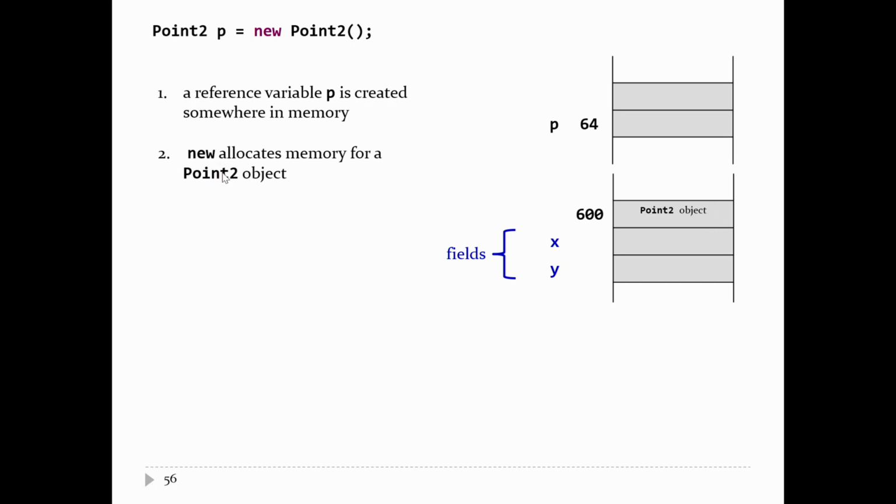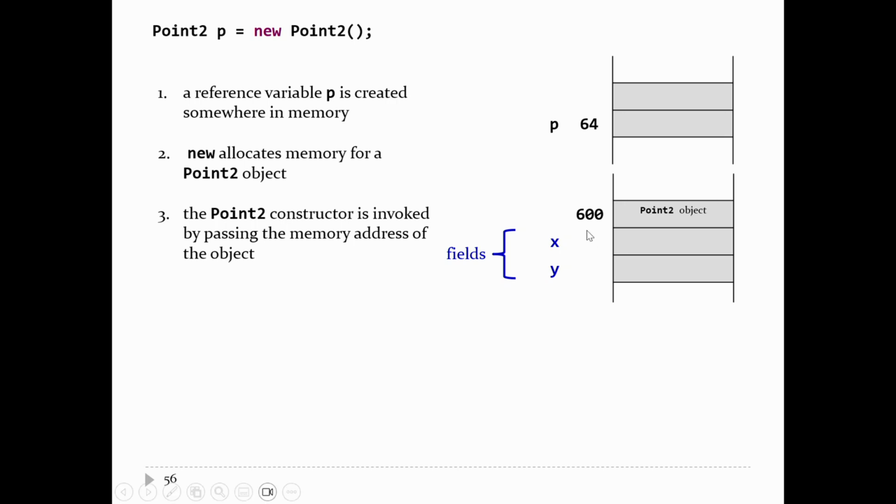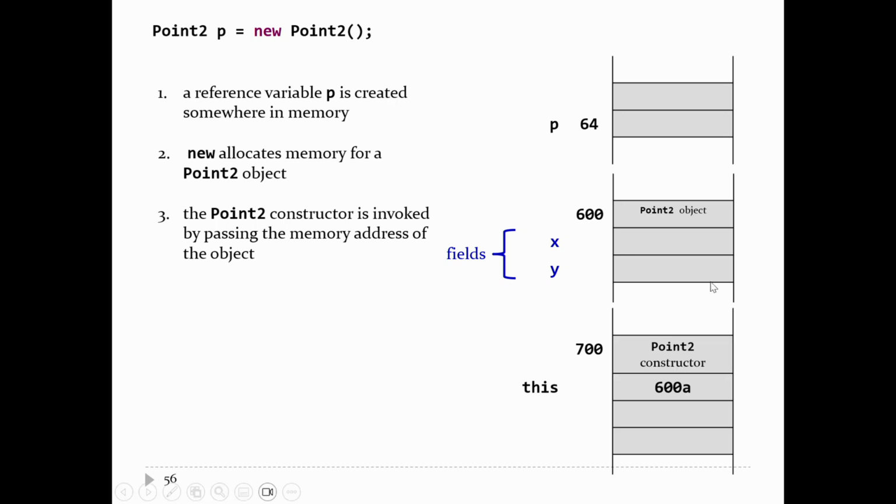Okay, so what does new do next? Once it makes the object, it calls the constructor. So the Point2 constructor gets called. When new calls the constructor, it passes in the value of the object that was just made. So when the constructor starts running, here's our constructor running somewhere in memory. It has its own, you can think of it as a variable called this, and this has the value of the address of the object that was just created by new,